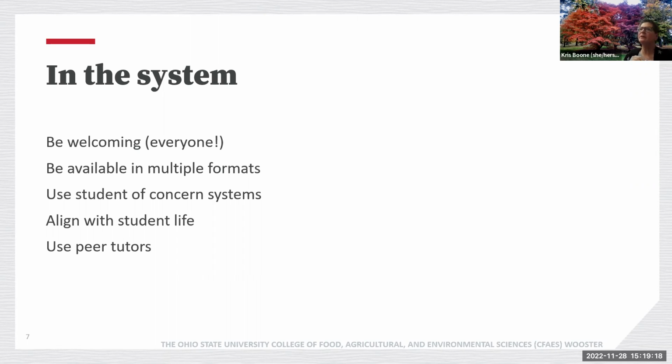And it's really funny because you can see the open rate just goes way up when we send the student group the OnCourse text message. Using student of concern systems is really helpful too, especially when you've got a student who is experiencing some kind of crisis, or maybe it looks like they're in crisis, maybe they're not. If you can use those student of concern systems at your institutions, that's really helpful.